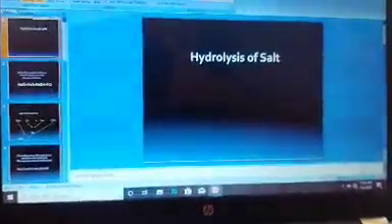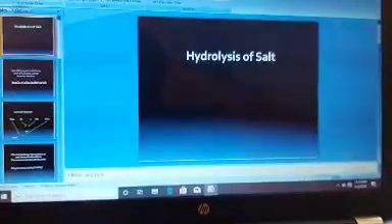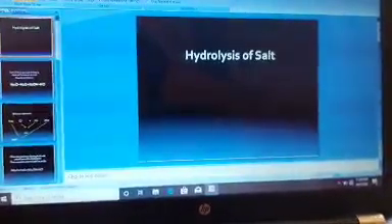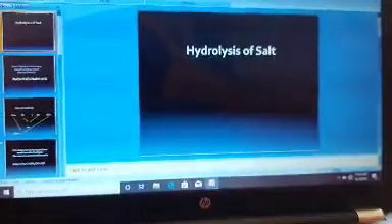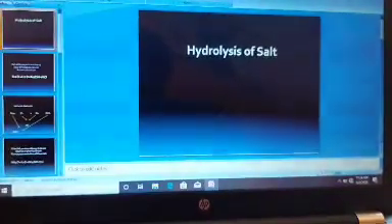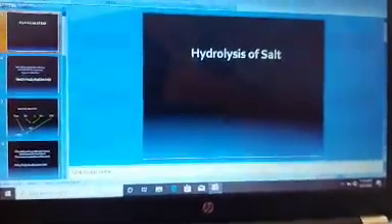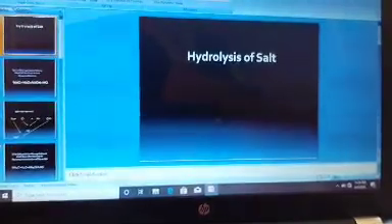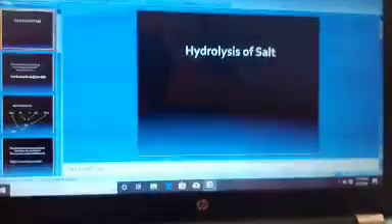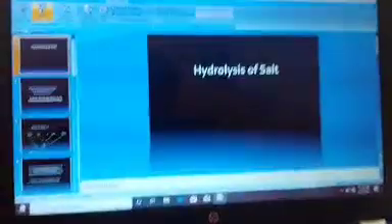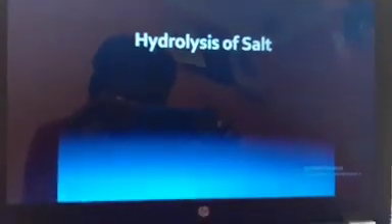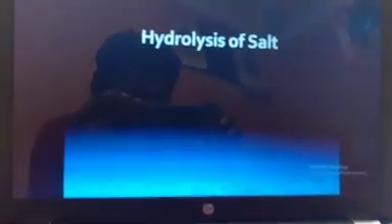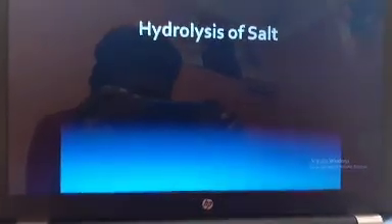Generally, if we consider sodium chloride, it's a salt. If we dissolve it in water, what happens there? You know that its aqueous solution becomes neutral, and NaCl, when it dissolves in water, produces the acid HCl and NaOH from which it was prepared. And see, whether a solution will be neutral, acidic or basic, it depends on the nature of the acid and base produced when it is dissolved in water.